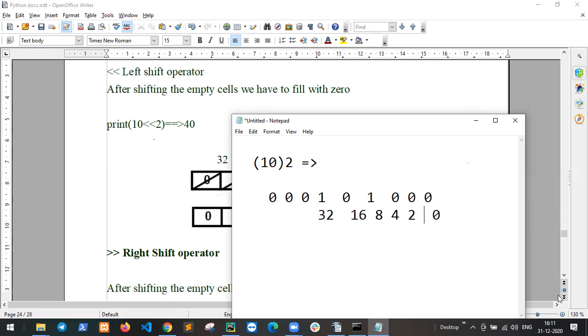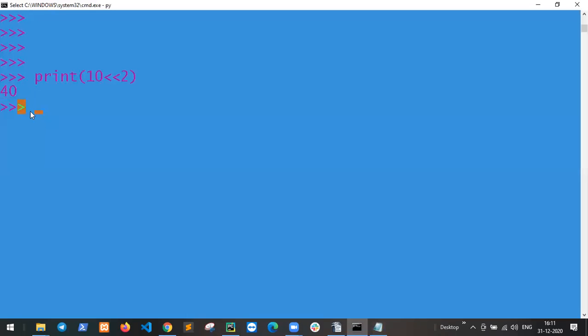This is the code. The 32 place is 1, so 32 plus 8 equals 40. So this is your answer, 40.